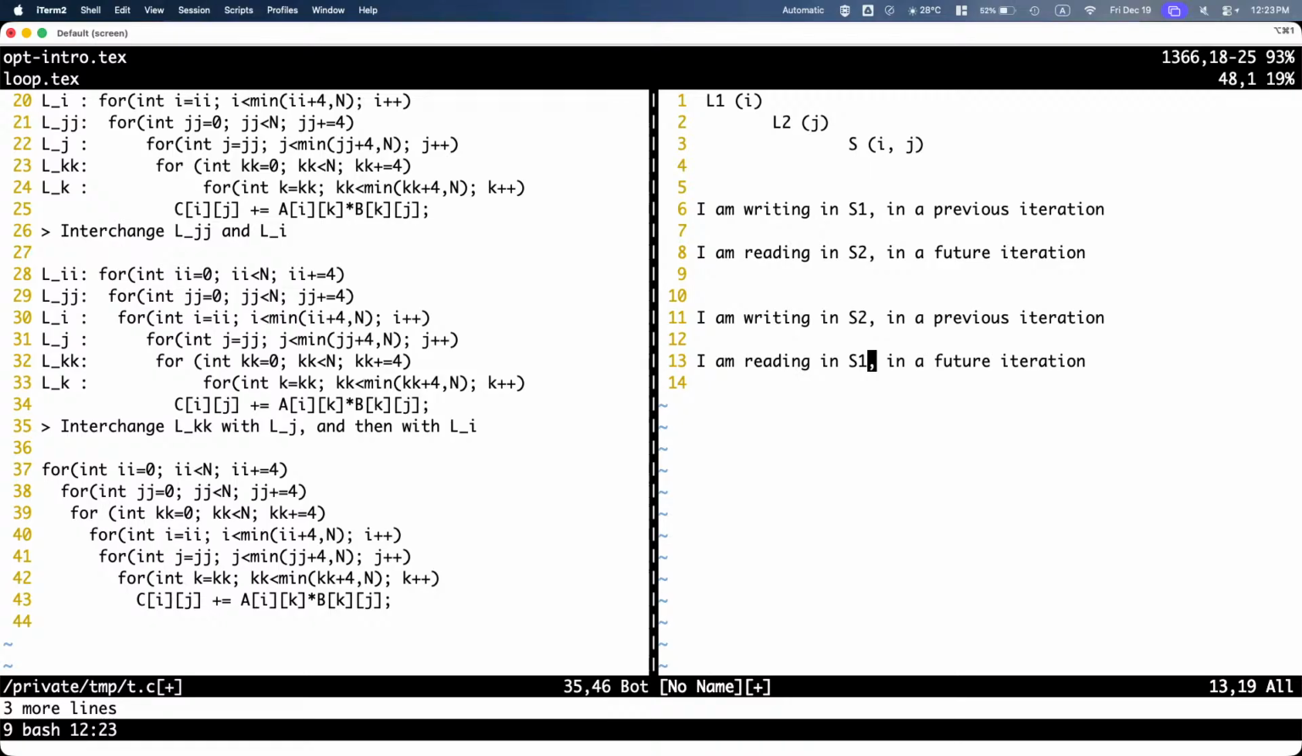When I distribute, S2s happen later. All S1s happen first, all S2s happen later. So this will work because I am reading in S2 in a future iteration. But let us say this is my situation. I am writing to S2 in a previous iteration and reading in S1 in a future iteration. When I distribute, what's happening? All S2s are happening at the end. All S1s are happening first. So these writes are not showing up in